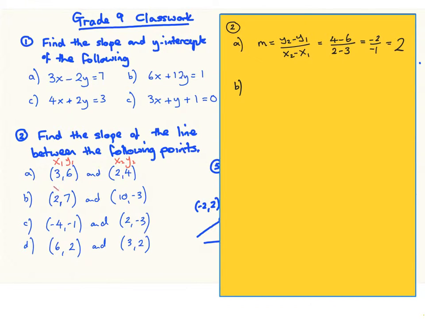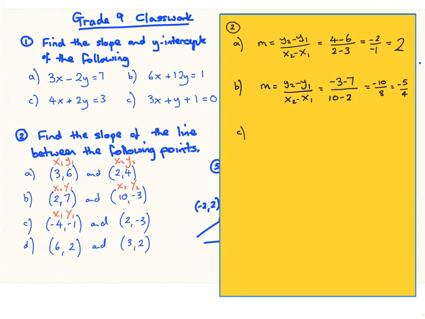B, same thing, x1, y1, x2, y2. So slope equals, let's write the formula out one more time. It's always a good idea to write the formula out every time. That way you remember it. So y2 minus y1, negative 3 minus 7, x2 minus x1, 10 minus 2, sorry. So negative 10 on top and 8 on the bottom. That reduces to negative 5 over 4. And C,